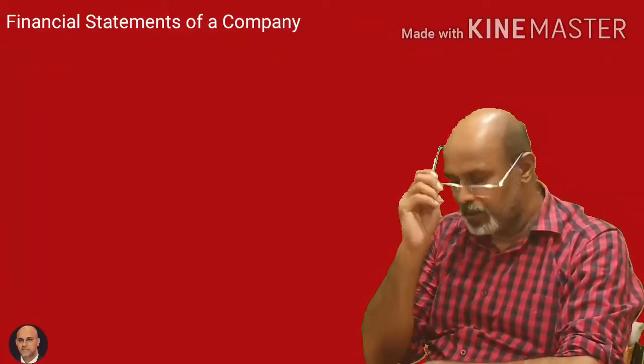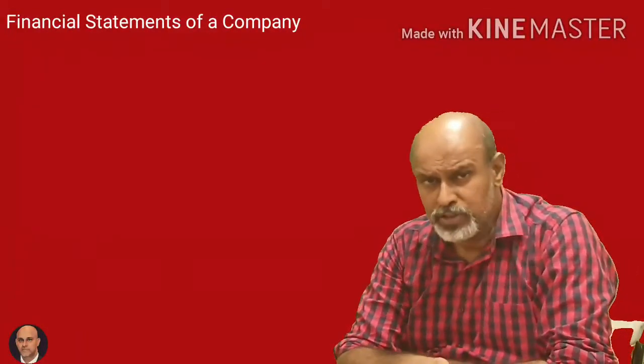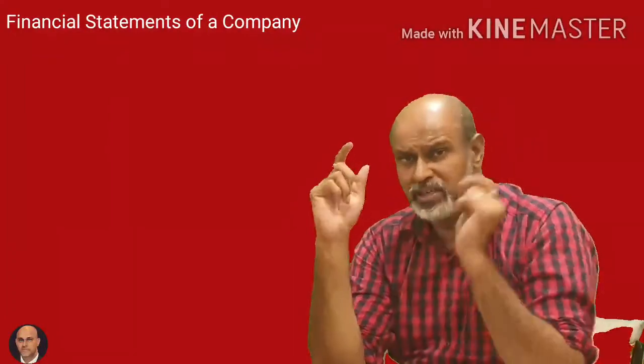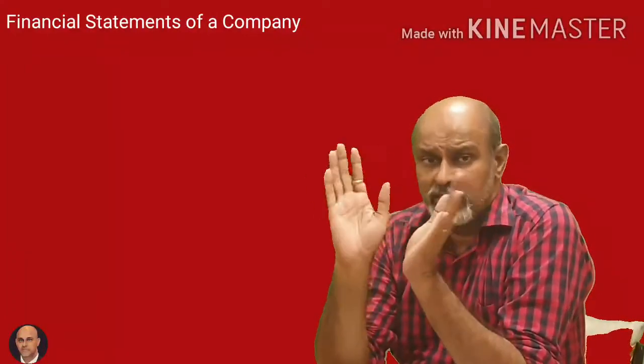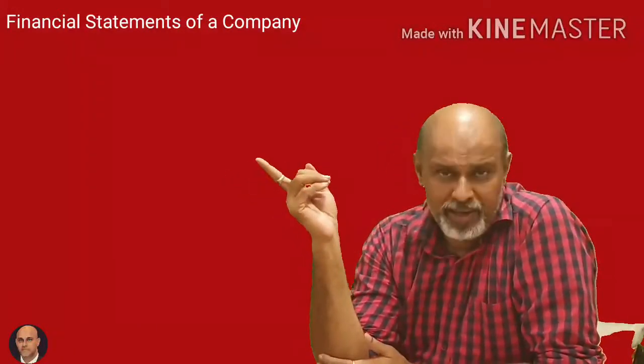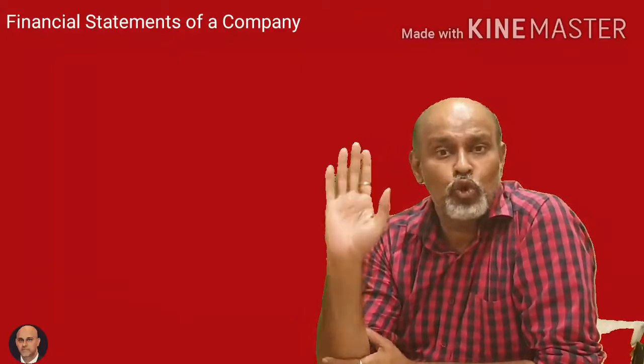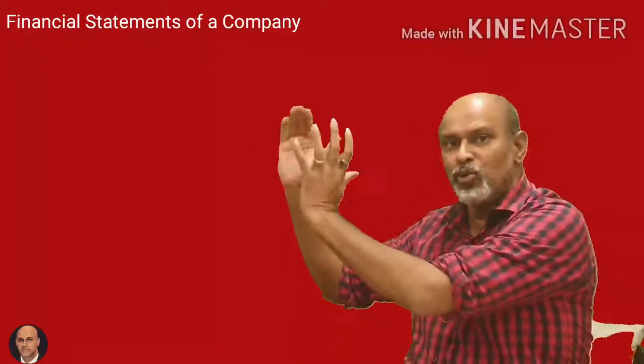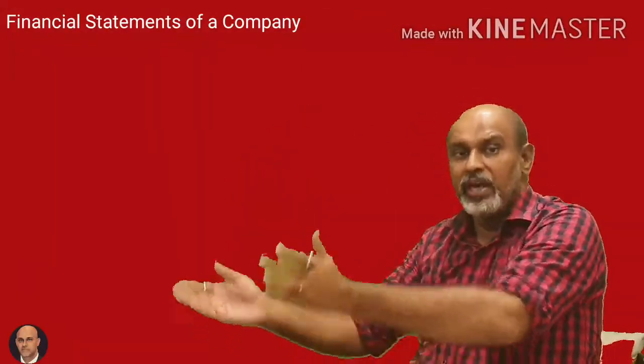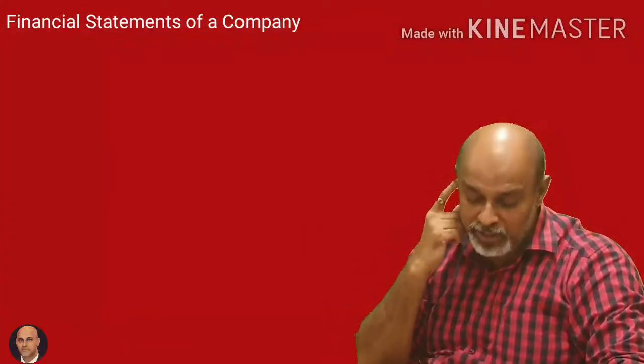Okay, so just repeating again. So you start with your revenue from operation, that is your sales. Add your other income. Basically your other income used to come on the credit side of your P&L account. Add that. Together this will give you the total revenue. Let's keep the total revenue aside. Okay. Now we come to the total expenses.